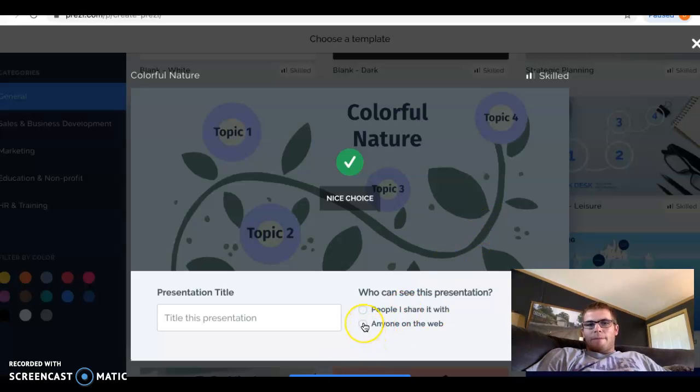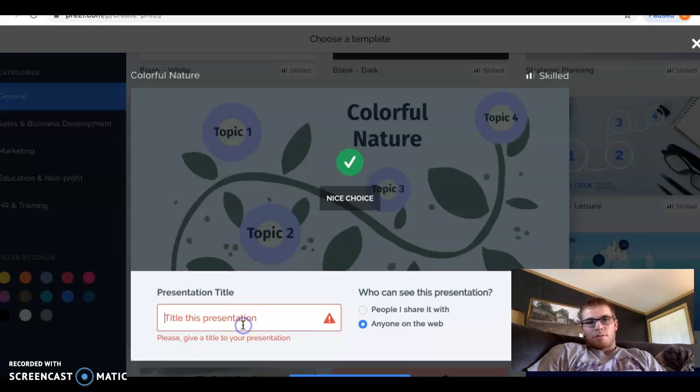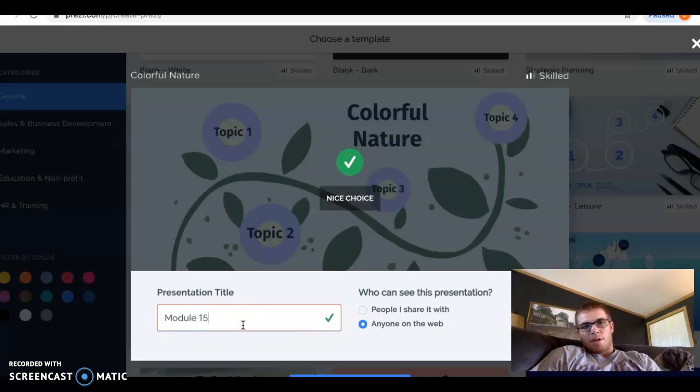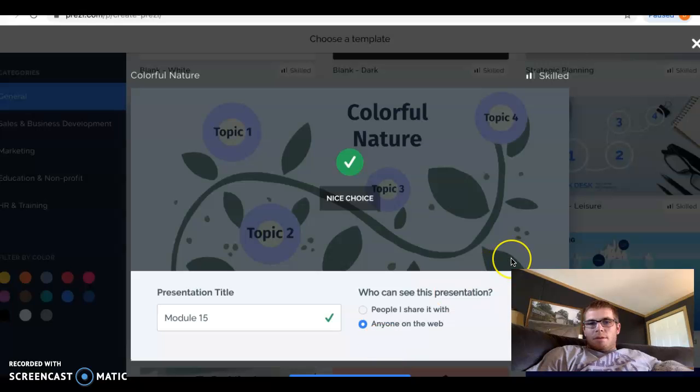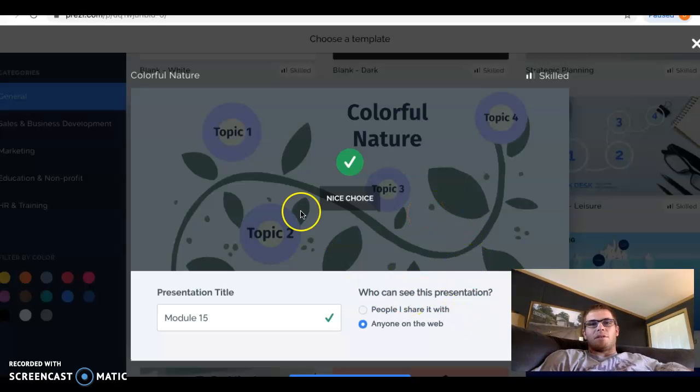So first thing you do is you select a template you want. I just picked a random one, and then you have to title it. So we'll say module 15. And then once it loads, you'll have, like I said, a bunch of options to get you started on